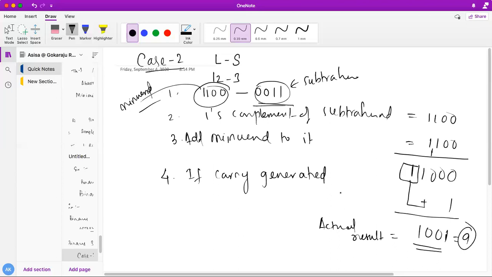To understand, if the carry is not generated at the time of smaller number minus larger number, you put a negative sign and convert back from the 1s complement form, because the result is in 1s complement form. But here, while you are subtracting a smaller number from a larger number, if the carry is generated, the golden rule is that the carry is added to the obtained result to get the actual result. So the answer is obviously 12 minus 3 is 9. The verification is also correct. So this is the 1s complement technique to perform binary subtraction.